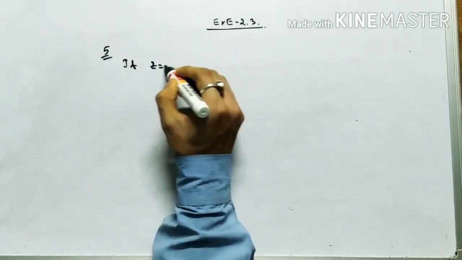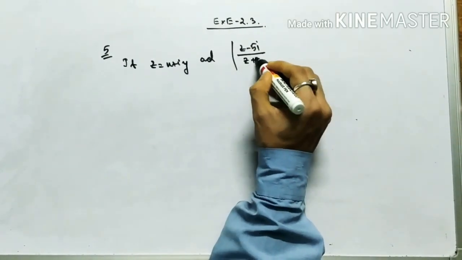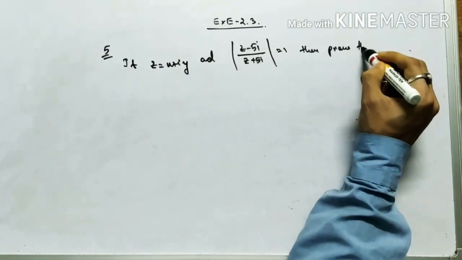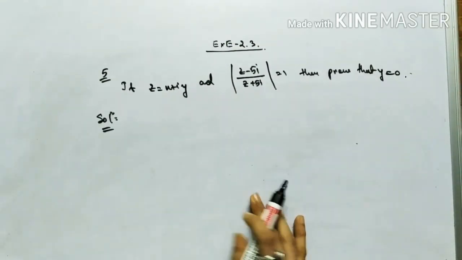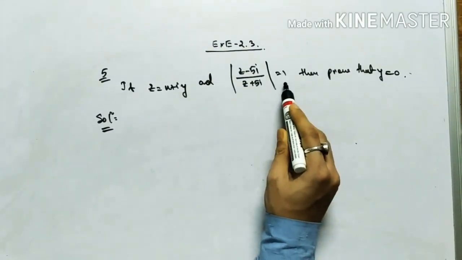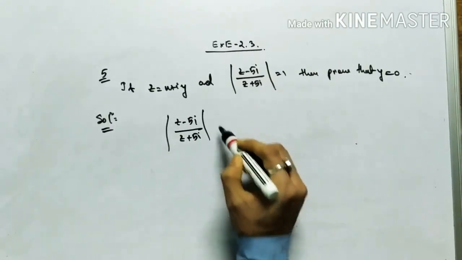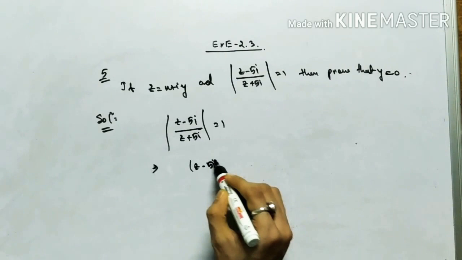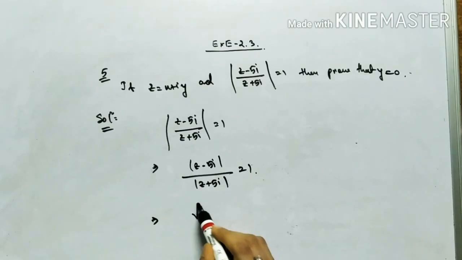Okay, if z is equal to x plus iy and modulus of z minus 5i by z plus 5i equals 1, then prove that y is equal to 0. I have to prove that y is equal to 0. z is equal to x plus iy, it is given to me, and this is also given to me. So therefore modulus of z minus 5i by z plus 5i is 1, it is given to you. Now this modulus thing I can write as modulus of z minus 5i by z plus 5i is equal to 1. Modulus of this means it is root over